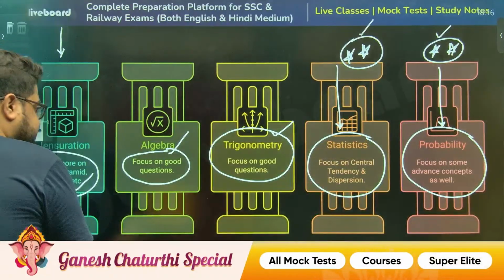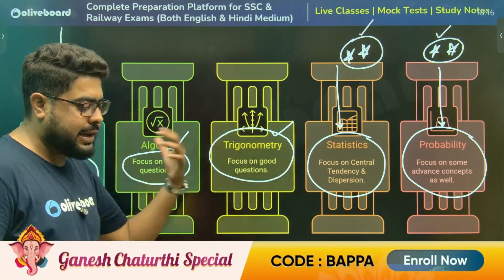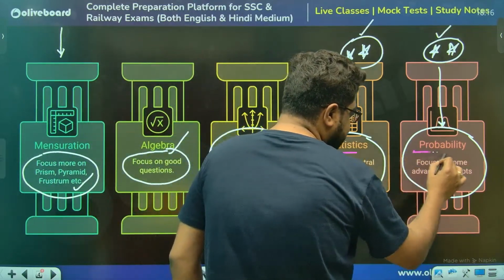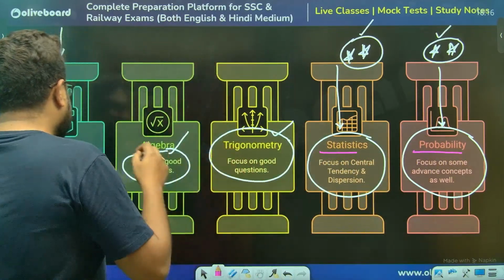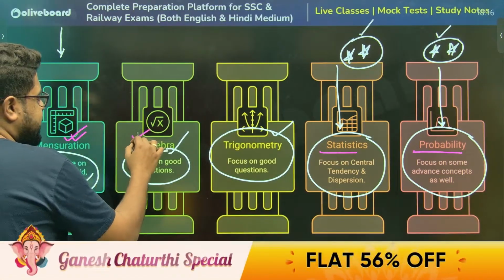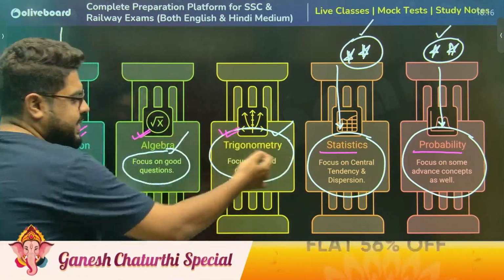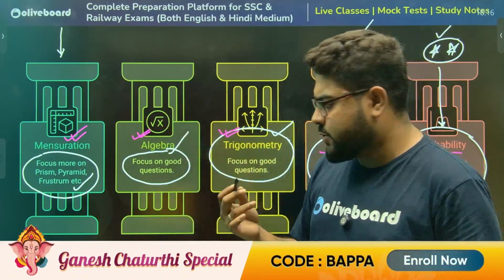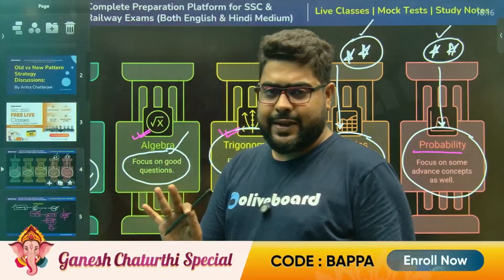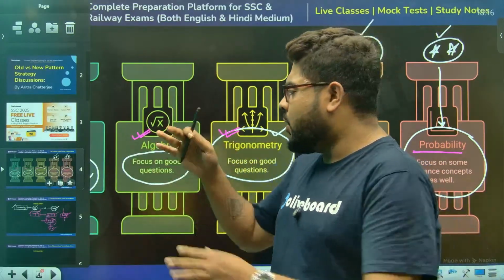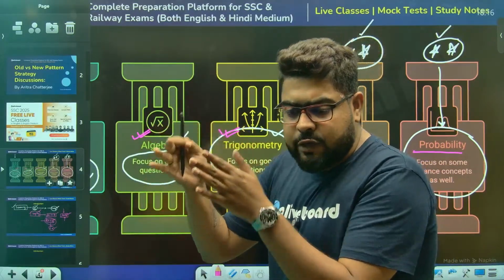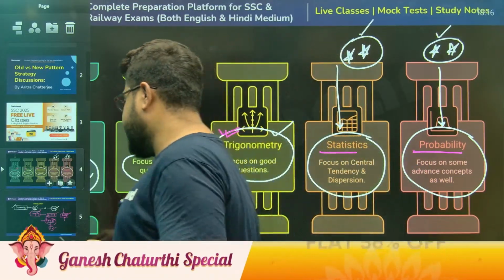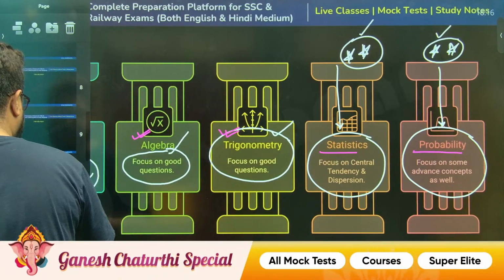Now I told you these things. I cannot cover every topic in one class. As statistics and probability we have done in the past 2 weeks, let's start a little bit with mensuration or algebra or trigonometry. I've brought a few questions from each topic. We'll do a few questions today, a few questions next week as well. But again, good quality questions. We might solve a fewer number of questions, but that's okay. Focus on quality over quantity, because SSC CGL is also doing the same.